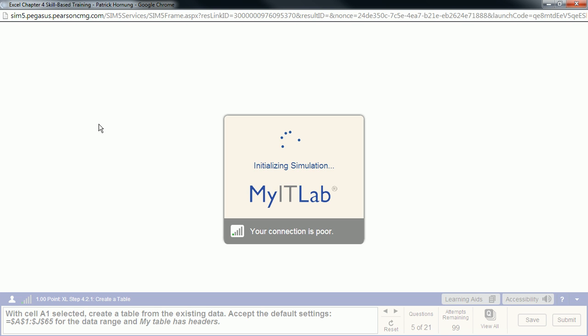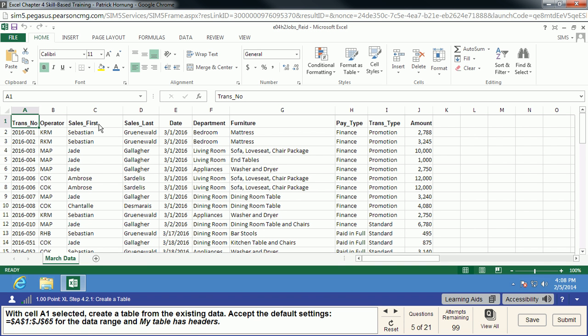With this activity, what we're going to do is create a table from our existing data. So this one's kind of neat. This gives us the ability to have some really nice tools for sorting and filtering our data. And we may have some great data in here, but we want to be able to use it more powerfully. We want to be able to use these titles as ways that we can choose to filter things or customize, and we're going to do that for many of the upcoming activities. So with A1 selected, we're going to create a table,